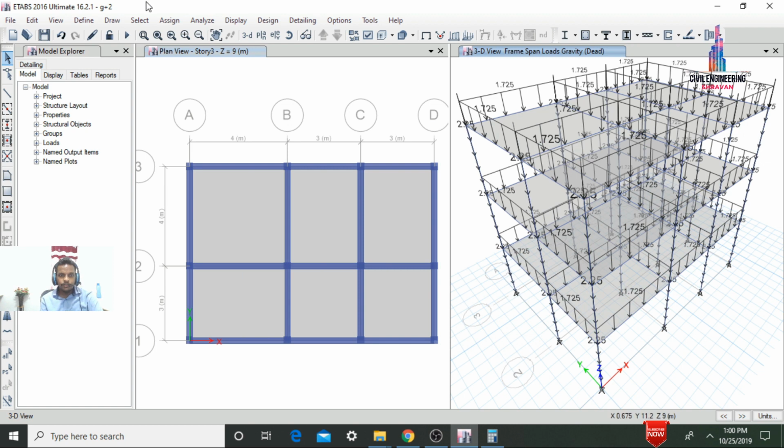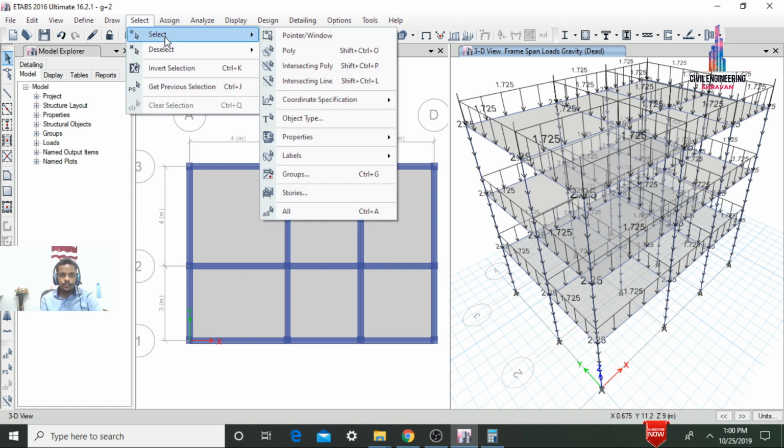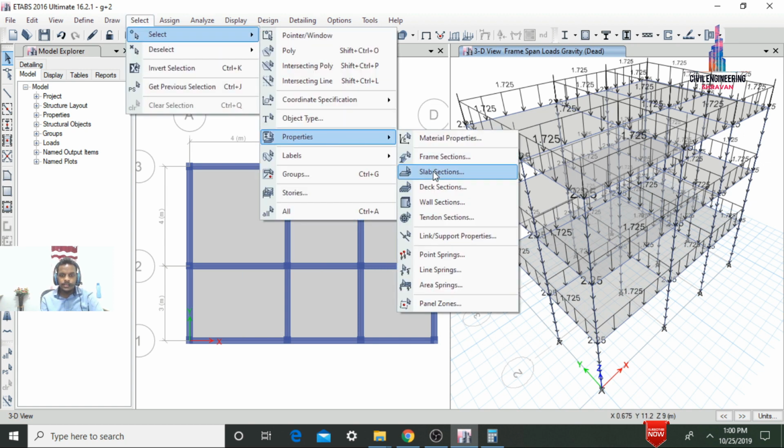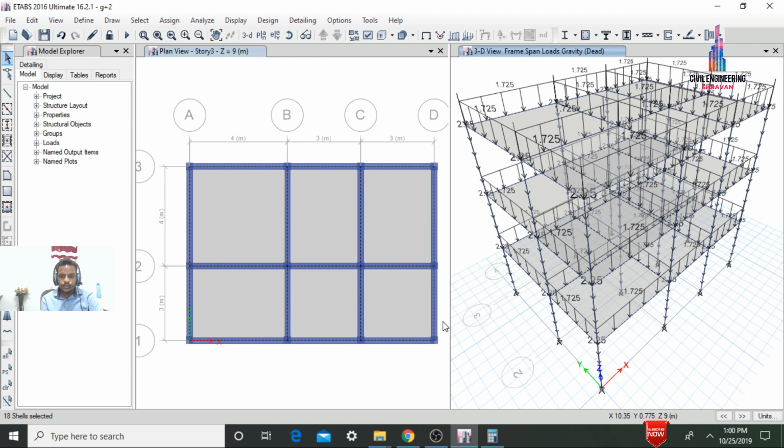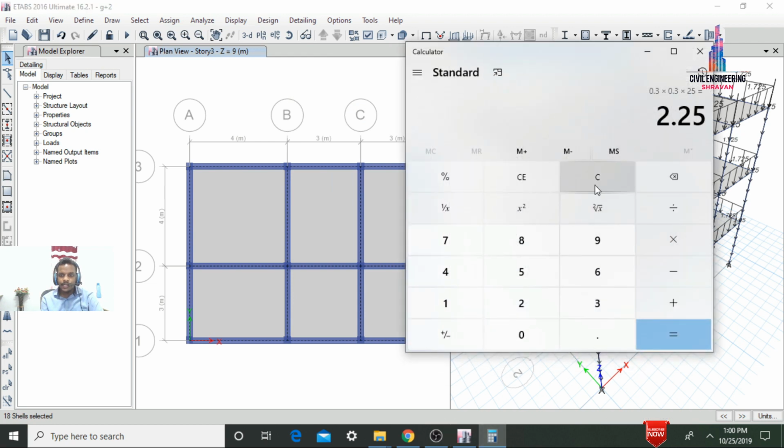So for that, initially we need to select the slab section. Go to select option, properties. So here we need to select slab section. This time selecting S125. Click on select option, close option. So here we need to calculate the dead load which is related to your slab. This time considering it as 125 mm. We need to multiply this with the unit weight of the concrete, which will give the value of